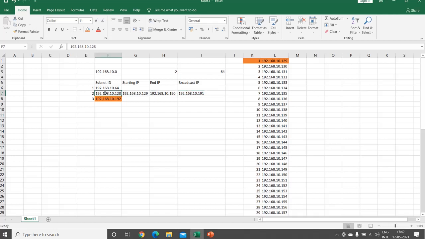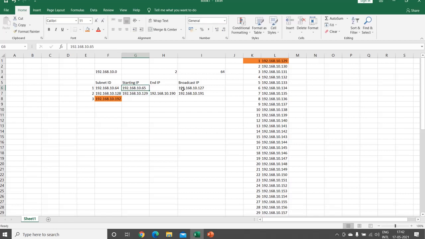So the subnet ID is 128. Before that, you will have the broadcast IP, 192.168.10.127. Since it is 62 IPs, the first usable is 192.168.10.65.